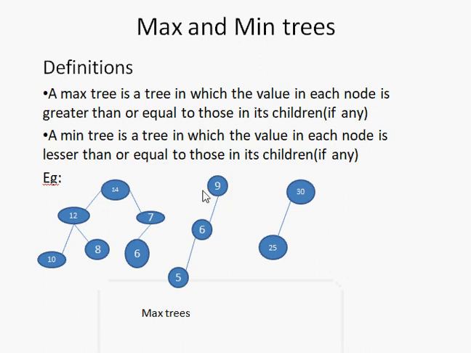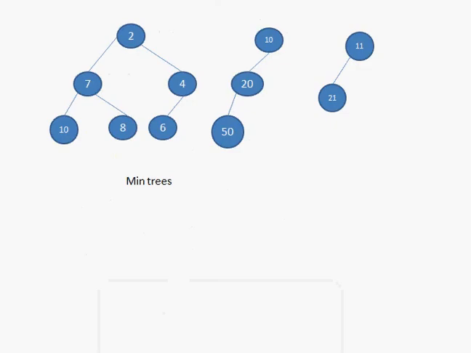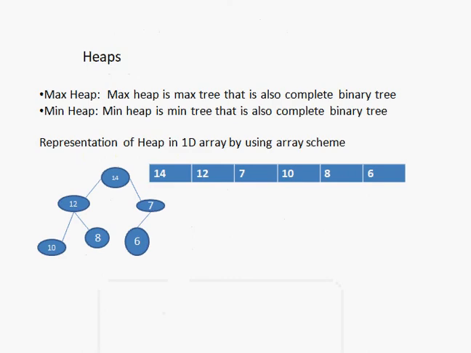So this is not a max heap, whereas it is a max tree. Similarly, this one is a level 2 left skewed tree, the height of this tree is 2, so it is a max heap. So this one is wrong, it is not a max heap, whereas these two are max heaps. Okay, similarly for min heap, we will not discuss it in detail. A min heap is similar to that: it should be a min tree, similar to this structure.